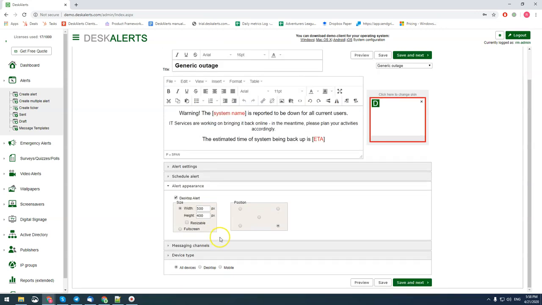Up next, in the alert appearance section, you can define what is the size of the alert pop-up window and where it will be positioned upon actually being delivered. The full screen option is also here. The full screen option is sort of a unique case that can be used to effectively block a person's access to their own workstation, if your message is that critical and severe that you can justify completely stopping their work